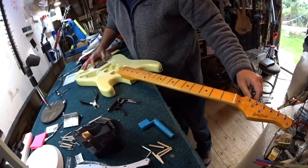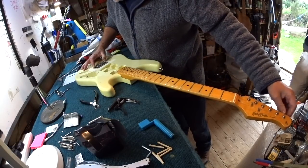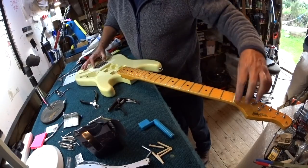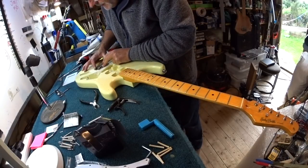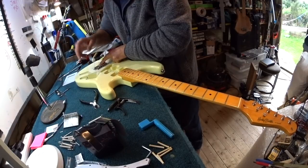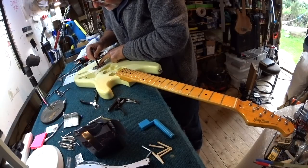So what I'm looking for is I want to come forward to my kind of mark on here, but I want to do it in such a way that this alignment here is perfect. So checking on the nut, looks good down there, and the alignment is good here. Alright, and so what I can do at this point, if I can just hold that all in the right place, I can find my pen and I can mark the new